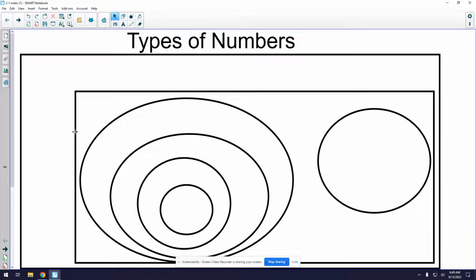In this lesson, we're going to talk about types of numbers, which you probably talked about at some point in some previous classes. There's one type that you maybe have not heard of yet, which is actually the biggest type. Every single number, numbers that you know of and numbers that you don't know of, every number is a complex number. So in that big outside rectangle, the biggest one here, complex,